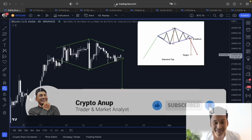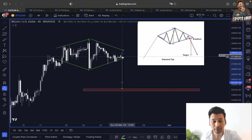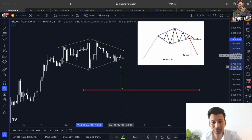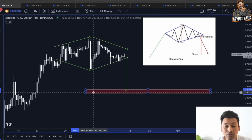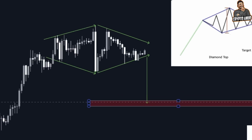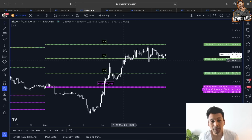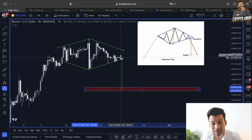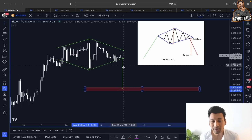Now looking at this diamond top, I like to keep things simple because according to the diamond top, the price objective is going to be in between the 26,000 and 27,000 range for Bitcoin. Yes guys, this lower trend line is where we are expecting the price of Bitcoin to get gravitated once it loses the support from this 27,000 range. Yes, 27,000 in the medium short term is definitely going to be considered a very strong line of support, but once we break below that, then we know this price objective from the diamond top is where we are expecting the price of Bitcoin to get gravitated